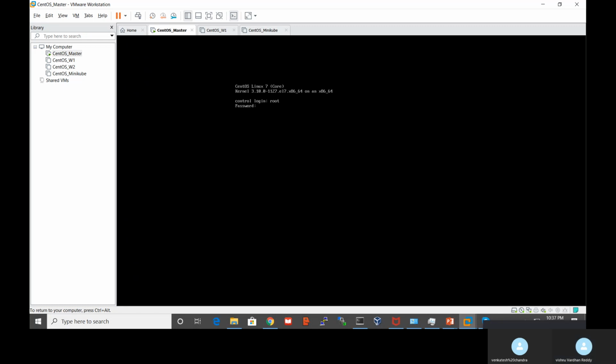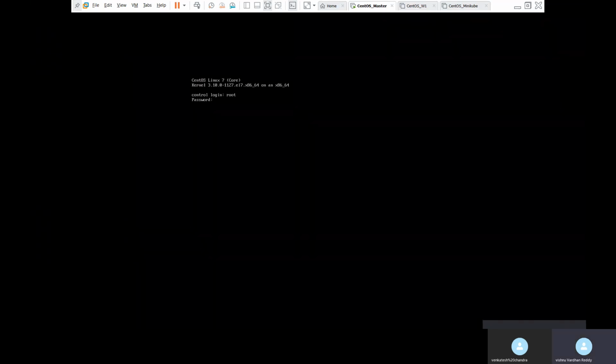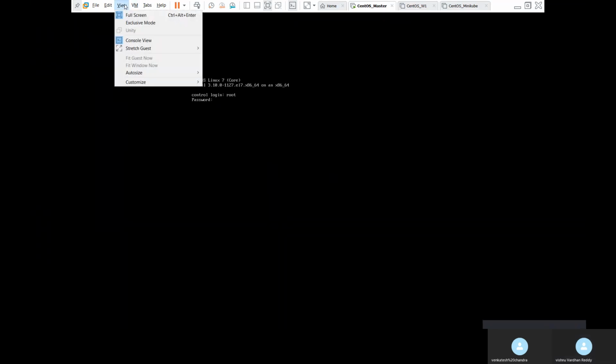Root. Let me open this in a big screen, and then view, customize.